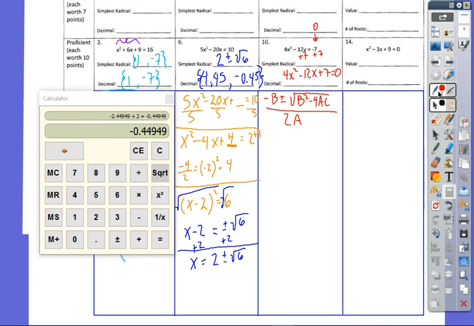And so we know 4 is my a value, negative 12 is my b value, 7 is my c value, and it's beginning to look a bit like Christmas. So, negative b